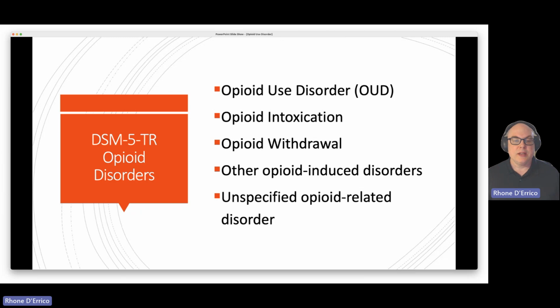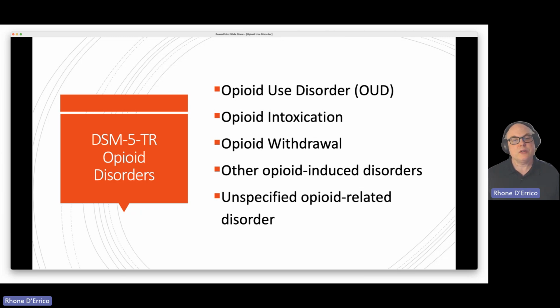Opioid intoxication is that very specific diagnosis that's related to the signs of intoxication, and we'll be reviewing signs of intoxication, and there's a great deal of overlap there. Likewise, opioid withdrawal is a specific diagnosis if the patient is in opioid withdrawal, and you can apply a DSM-5 diagnosis. We'll be going over those signs. They do largely overlap with the DSM-5 criteria, and where there's a little difference, I'll mention that.